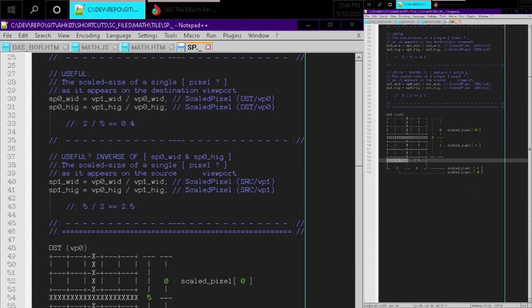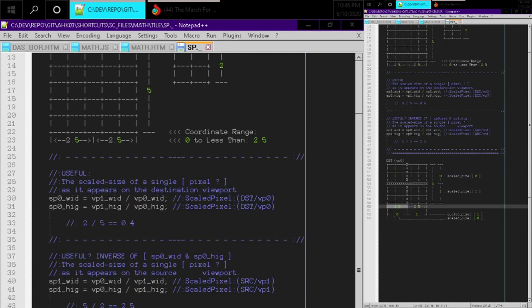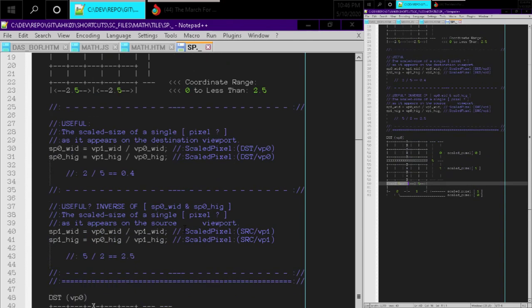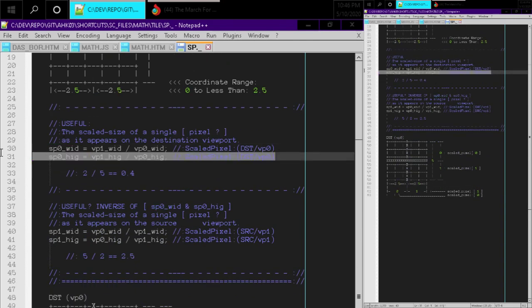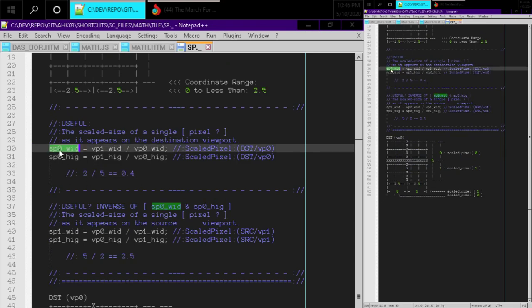I don't know, my logic is still kind of fuzzy here. I'm definitely missing something. I definitely don't completely understand this problem, but what I do either understand or have a pretty good hunch about is that this calculation here, which gives us a fraction, that should be the value, this scaled pixel, viewport